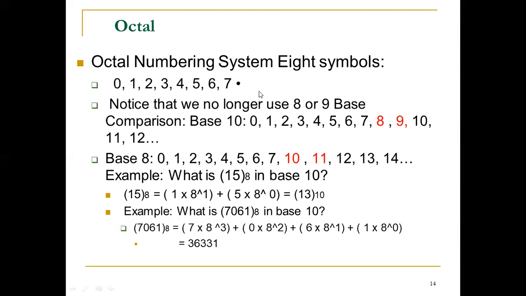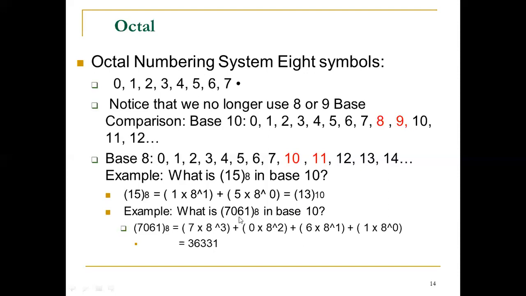So let us see the octal number in detail, how it is represented. The valid digits are from 0 to 7. For example, you have the octal number 15 with base 8 and we have to convert it into a decimal number. Then 1 into 8 raised to 1 and 5 into 8 raised to 0. If you solve this, there is 13 with base 10. In this way we can convert an octal number into a decimal number.